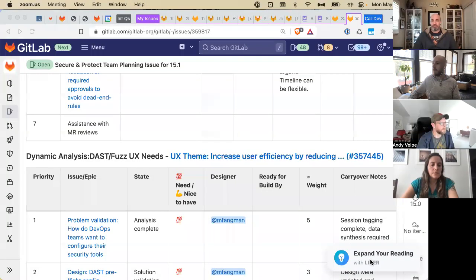All right, so we're here to go over the UX planning issue for the upcoming milestone of 15.1. Our goal today is to make sure that all the 100% needed issues are covered, meaning each one has a designer associated with it. Are there any concerns with any of this or slippage from previous milestone? And are the issues listed and their weights appropriate for each of the people assigned to it? So with that, let me share the current one.